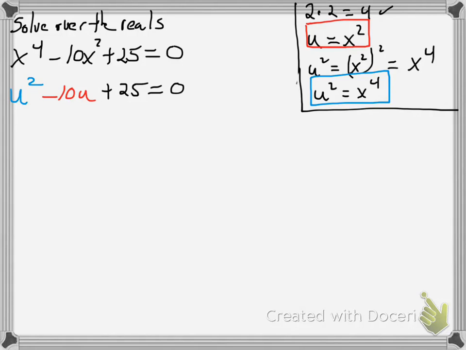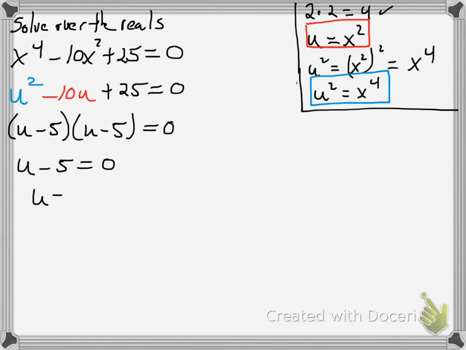So here the product's 25, and the sum is -10. So -5 and -5 are going to be our factors. So you have u minus 5 equals 0, or u minus 5 equals 0. Since they're identical, I'm only going to write one of them. Solving this, we would add 5 to both sides. And we will replace the u with